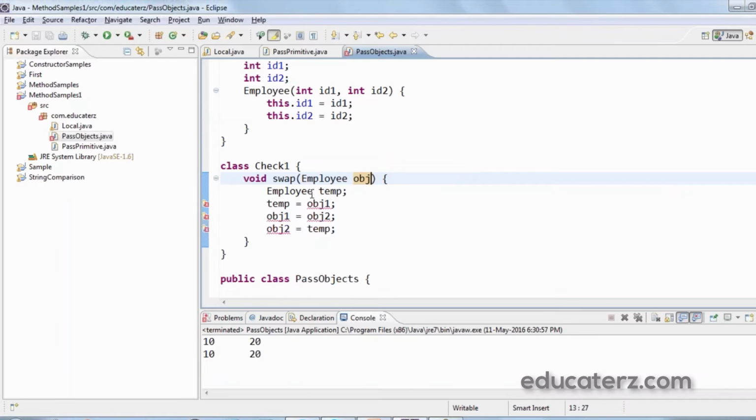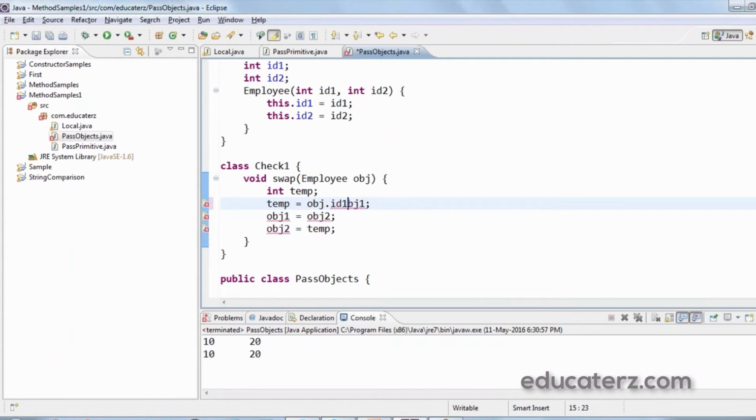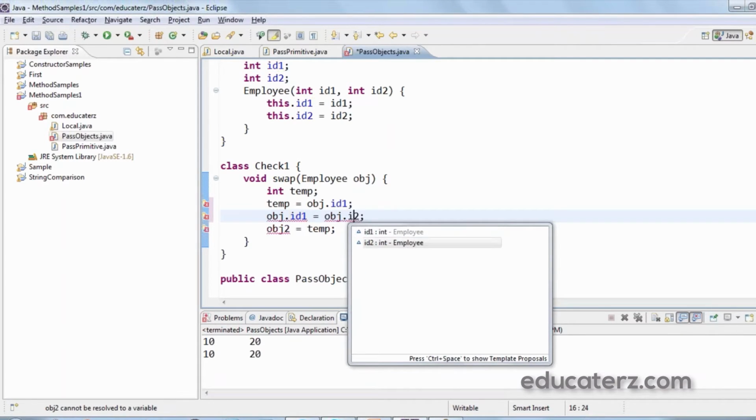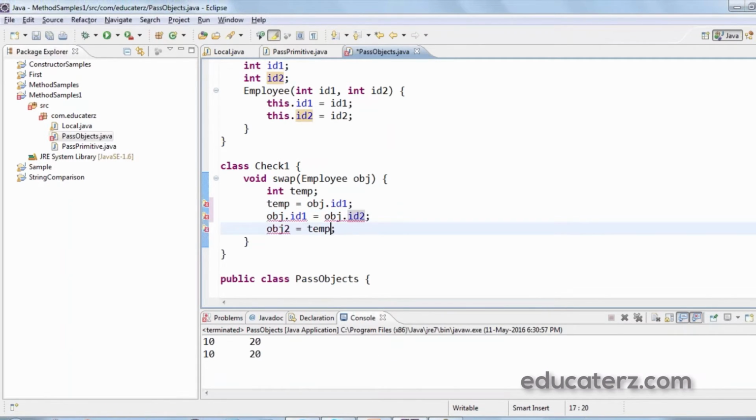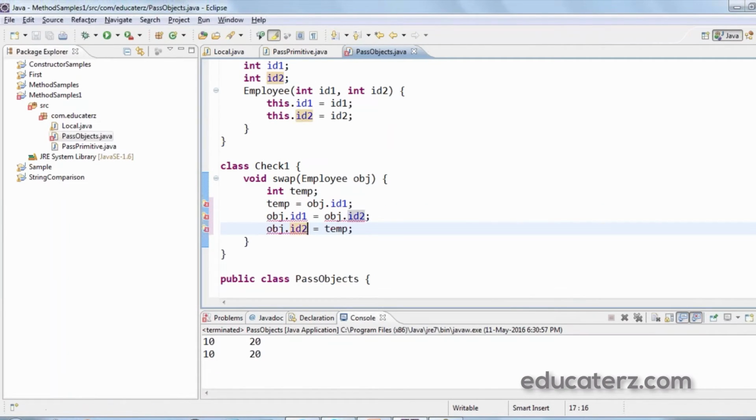So here I don't need a temporary object. I just need an integer value, a temporary variable where you can interchange, like I can say something like obj.id1, and here obj.id1, obj.id2, and here obj.id2 will get the value of temp.